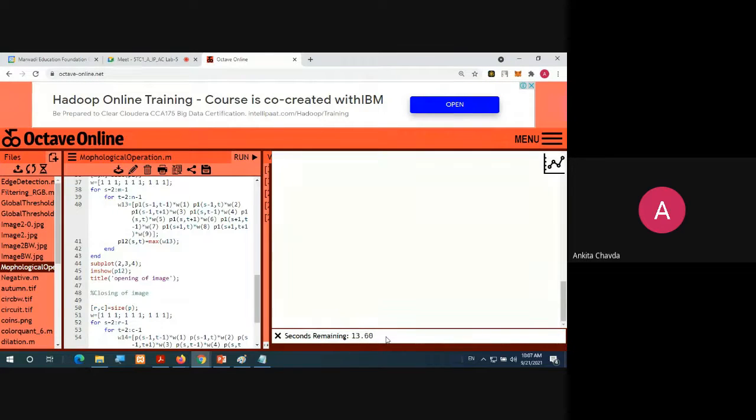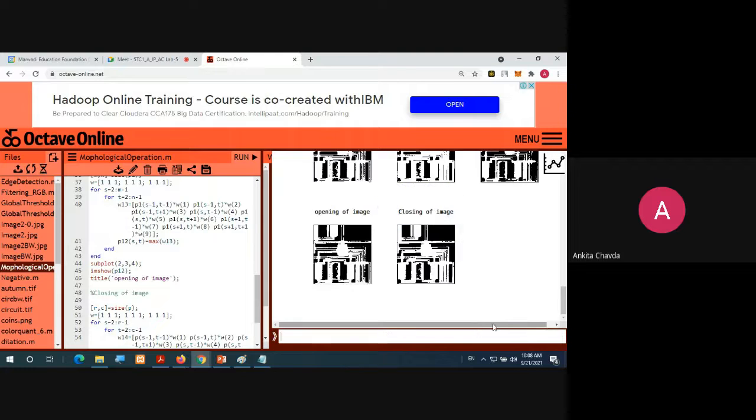It will take 15-20 more seconds, because everything is calculated manually for opening, closing, erosion, and dilation. You can separate this program and run it.